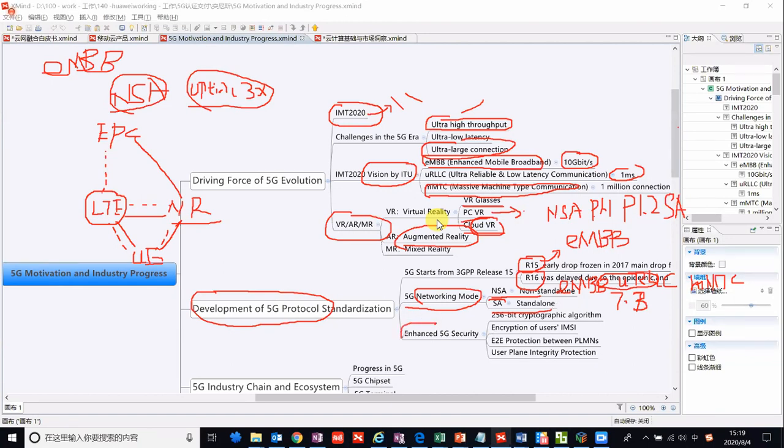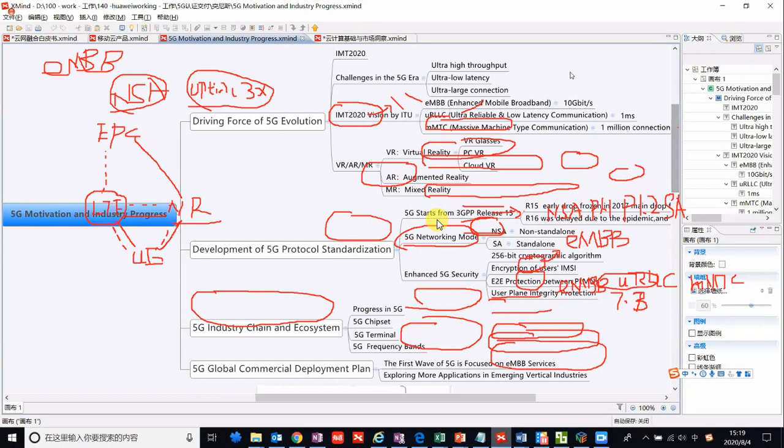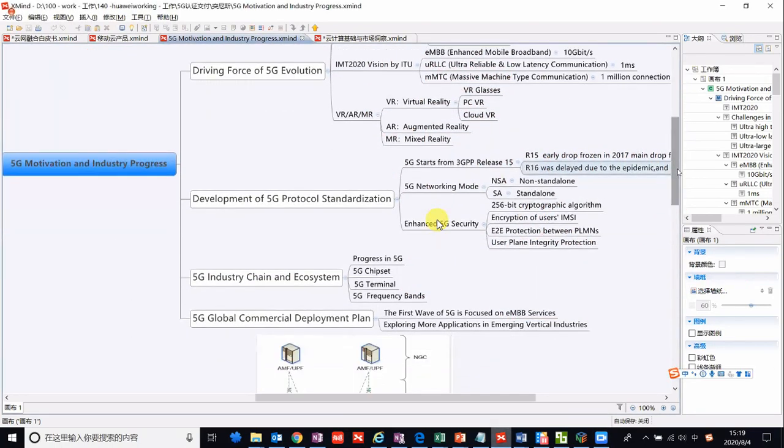And 5G security is enhanced, from the algorithm, from the encryption of the user identity, and end-to-end protection between the PLMN and the user plane integrated protection. Compared with 4G, 5G security is enhanced.